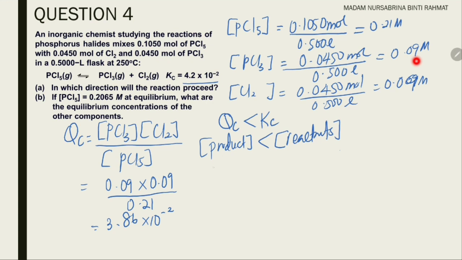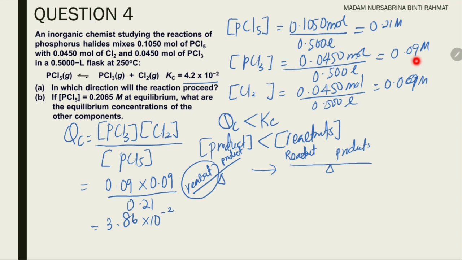If we draw a seesaw, the seesaw will be slanting towards the reactants because they are heavier and the products are lighter. In order to establish an equilibrium, we need to make sure both reactant and product concentrations are about a similar size. So the heavier side will be used up and the lighter side will have more production. It will shift from the heavier to the lighter side, which in this case means from the reactants to the products,